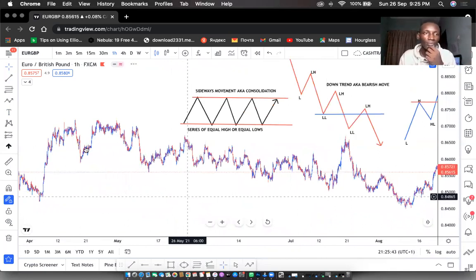Okay, now I see a sideways move. I see a sideways move here. Price came up, it came down. Went up, it came down. So if I decide to put a box here,